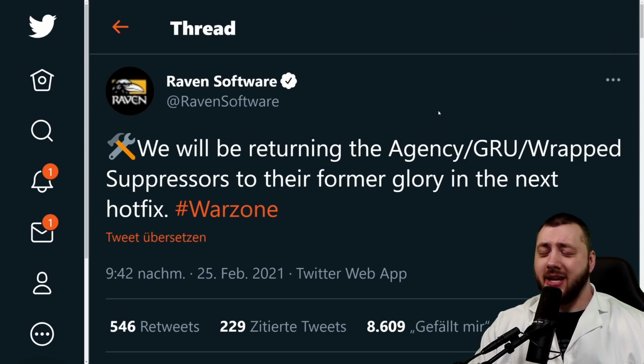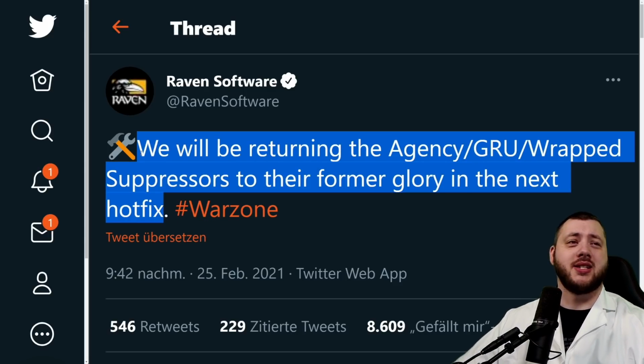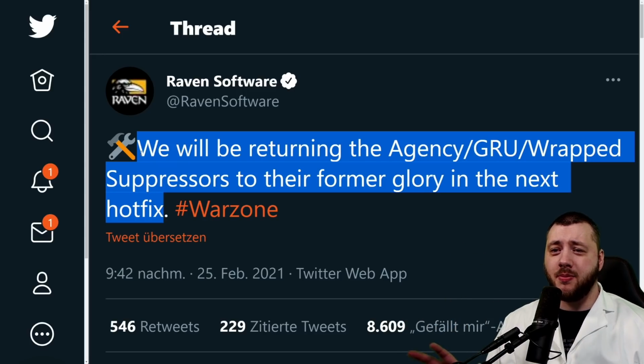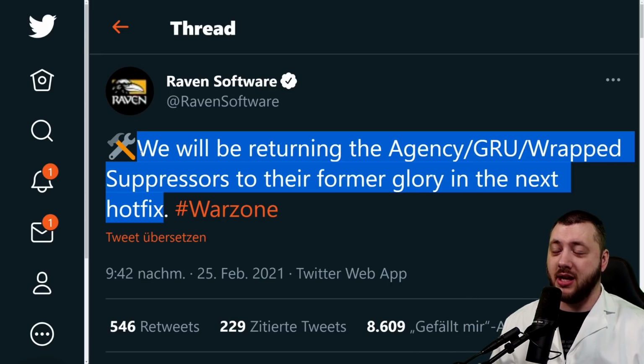For the people already thinking all their guns were ruined, don't worry. We will be returning the agency wrapped suppressor to its former glory in the next hotfix. Thank you. In regards to the snipers, I do believe that the wrap, yes, had to be reverted. The agency and the group could have stayed nerfed, and the monolithic on top of that too, but that's just